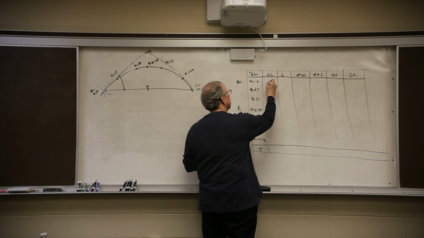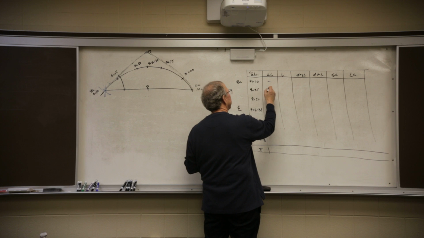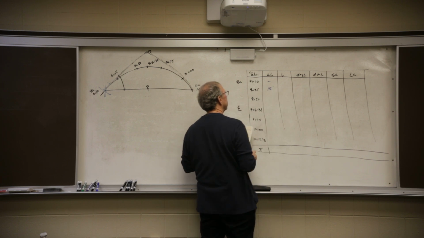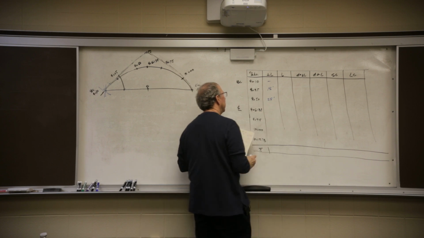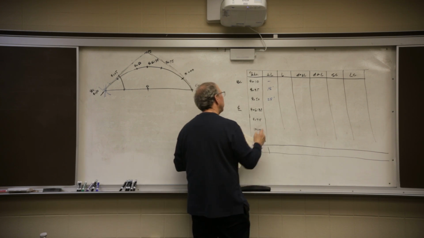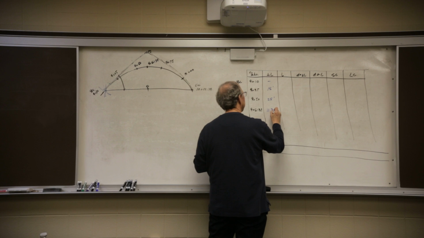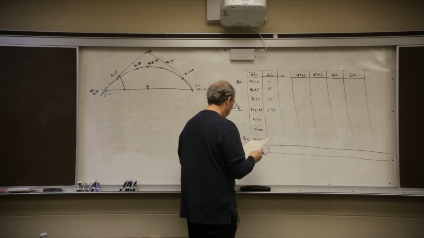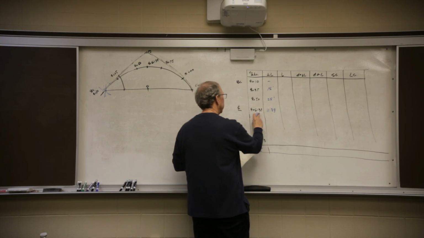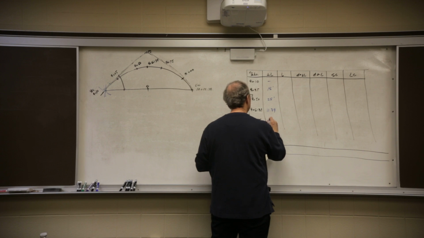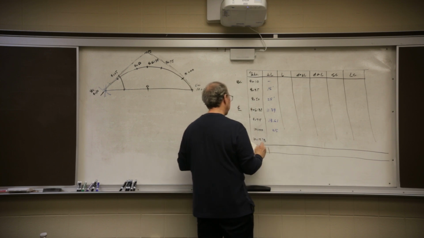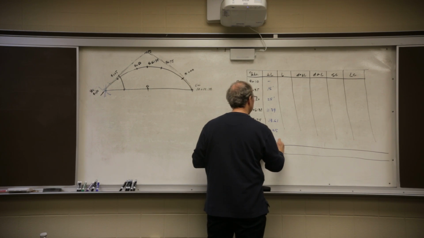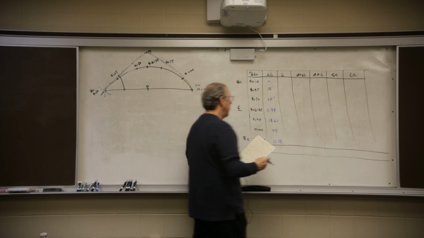This will be a blank. 10 to 25 is 15 feet. 25 to 50 is 25 feet. 50 to 61.39 is 11.39 feet. The next one, this to this, is 13.61 feet. Next one is 25 feet. And the last one is 12.78 feet. Okay,